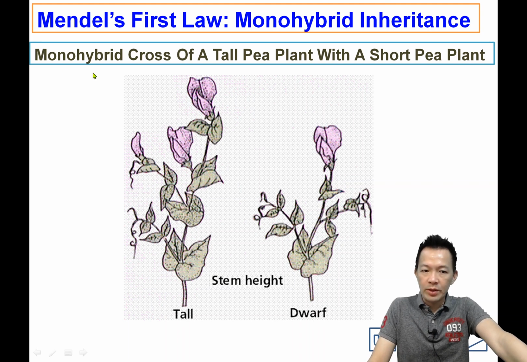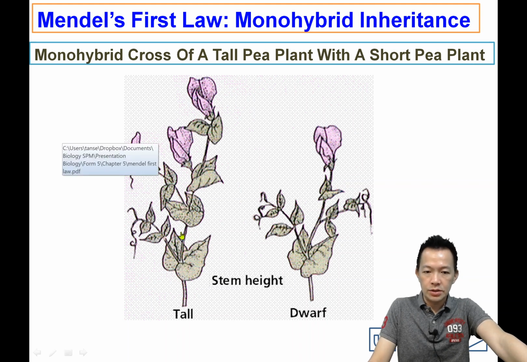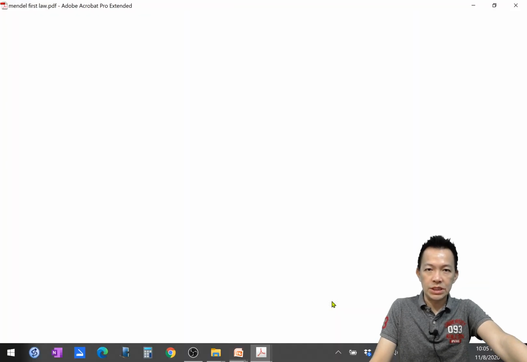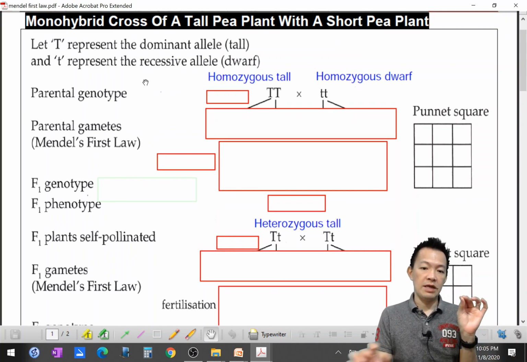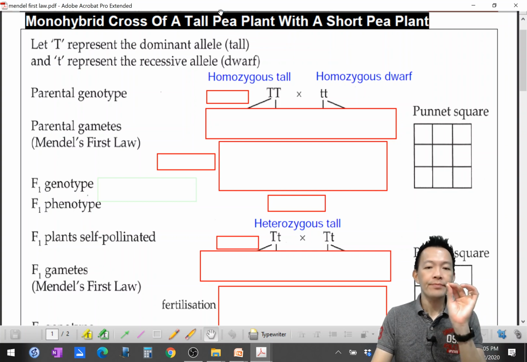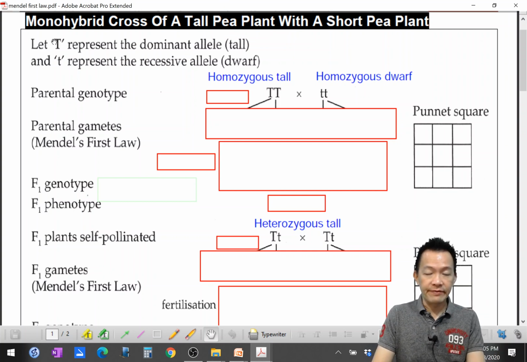So today our example will be the monohybrid cross of the tall pea plant with the short pea plants. 高高的豆豆跟矮矮的豆豆的树交配，生出来的后代到底是怎样的呢？Don't know. So follow me slowly and you practice slowly. 跟着我慢慢来，让你自己也慢慢的练习。OK，来，So uppercase T, or capital T, represents the dominant allele, tall. 大写的 T 代表着高，small t represents the recessive allele, dwarf, 就是矮的意思。Or you can use any letter, 你可以用任何的符号都可以的。OK，英文字母，任何的英文字母。OK。